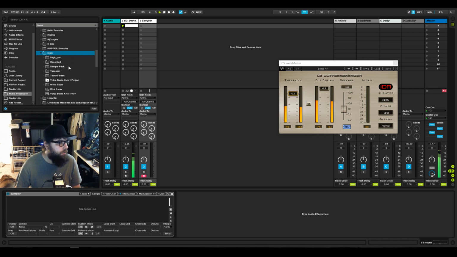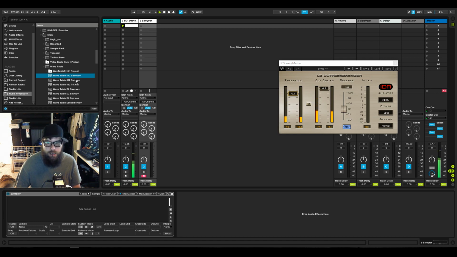So, link, blah, blah, blah. Wave table. And we want a saw. So this right here. That saw is from the Roland 512 module. I have a friend who has one, and he was kindly enough to sample the saw wave for me. So I am going to go with that. I have some other samples that I need to put in here. I have some from like an MS-20 and other things like that. So you're like, I just have some samples. How can I make some tracks?